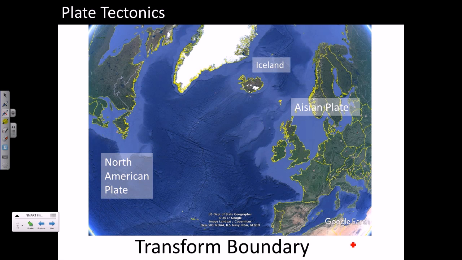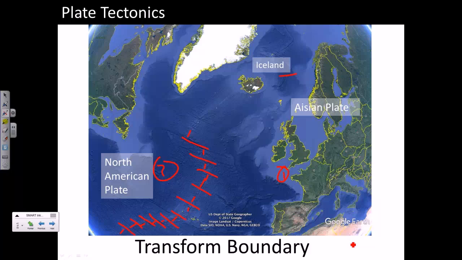Where do we find this kind of boundary going on, a series of transform boundaries and mid-ocean ridges? Well, we can come out to Iceland, where we have our North American plate and the Eurasian plate on the right-hand side. So we have plate 1 over here and plate 2 over here. And then we have a series of ridge segments that cut through something like this, and that creates the Mid-Atlantic Ridge, and they're connected up here by transform boundaries and fracture zones,